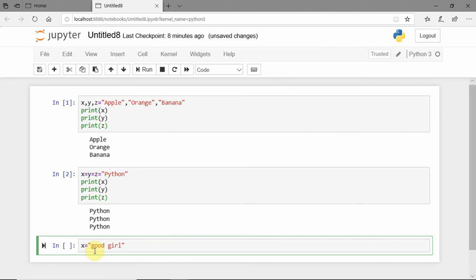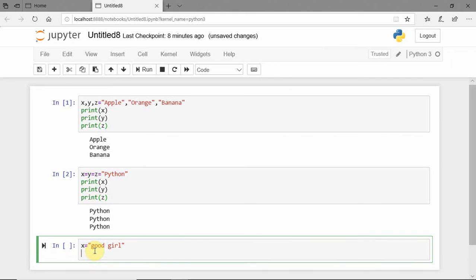Now I want to print a text. Here my variable is x. I want to combine the text and a variable. Let me take some text, like my name, Bhanu is.